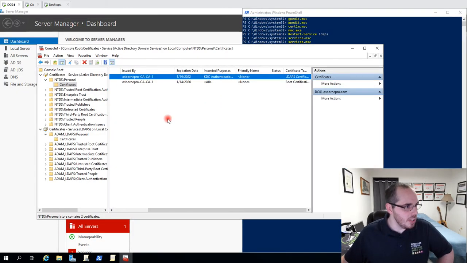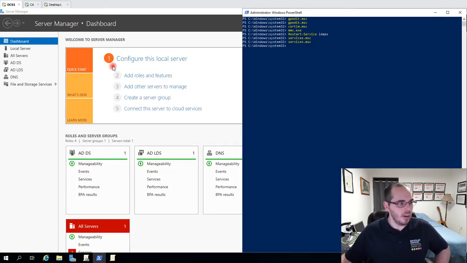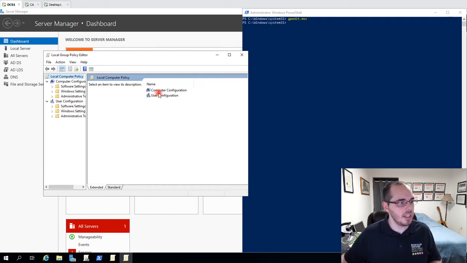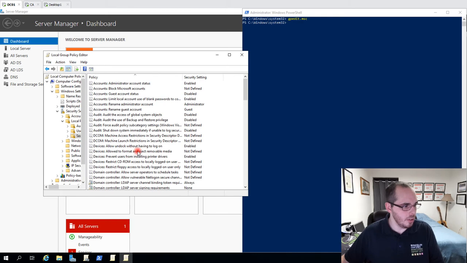So next thing we're going to do, we have our certificates assigned to the port. We want to cover our group policy settings. Now these are important to pay attention to. So on our domain controller here, to show you what we have so far, our current settings, if I go to gpedit.msc, and then Computer Configuration, Windows Settings, Security Settings, Local Policies, Security Options, under Domain controller,